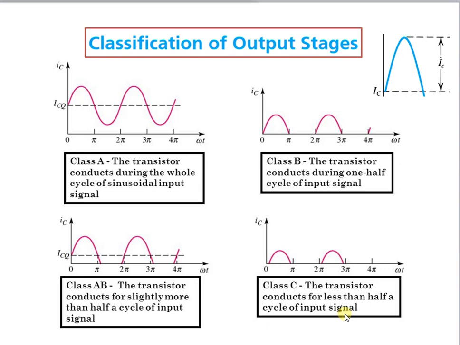Therefore, what we can say about class C is that it can be used in special areas of tuned circuits such as radio or communication. That is because we can obtain the full cycle of the input at the output by using a tuned circuit at the collector terminal. As mentioned earlier, there is another classification, that is class D, which uses pulse signals or